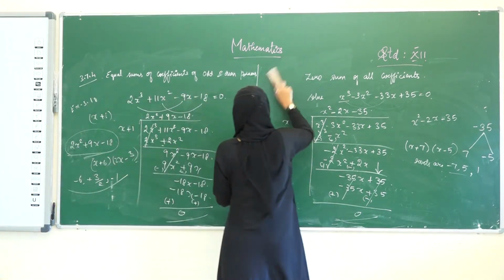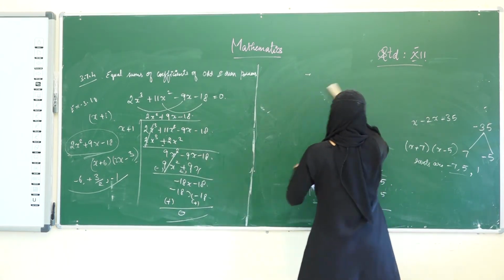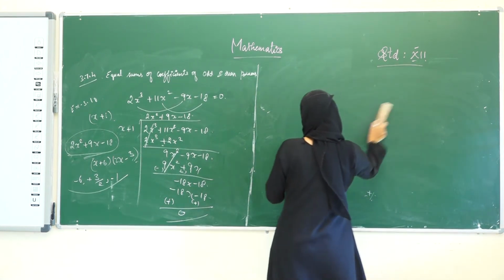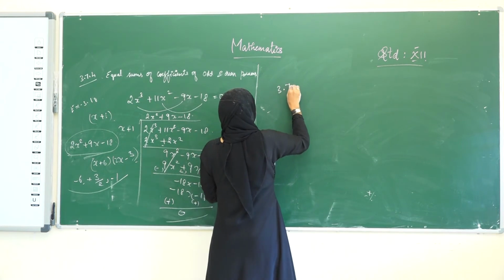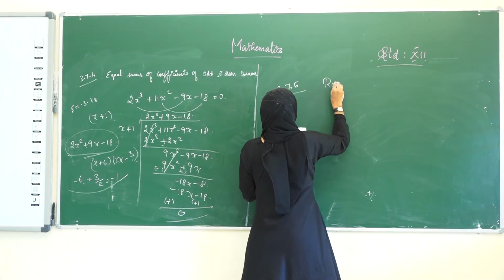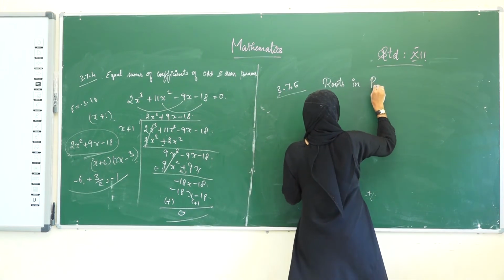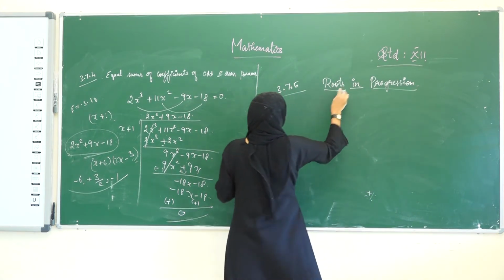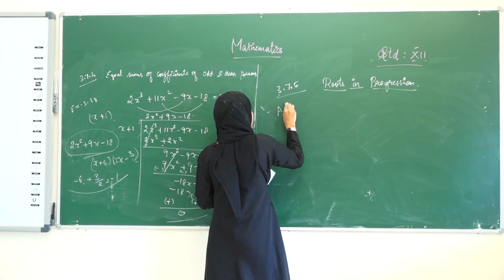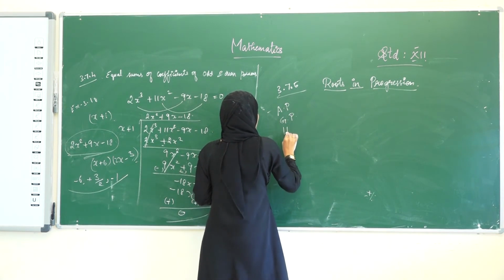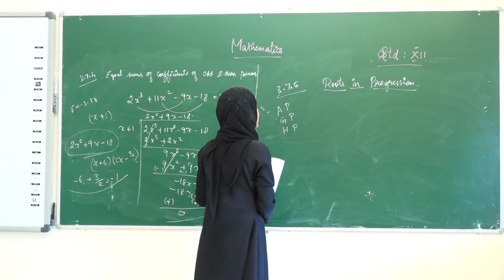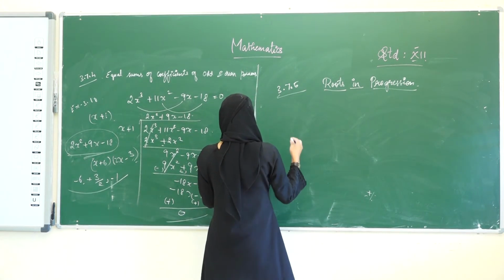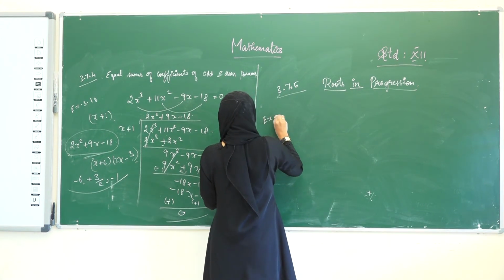Okay. Now, let us move on to the next subdivision, 3.7.5, the last subdivision. Here we have seen the progressions in the lower classes, the topic progression, that is AP, GP, arithmetic progression, geometric progression, harmonic progression, etc. If the roots of the given equation are in some progression, what are we going to do? See the example, then you can understand it clearly.